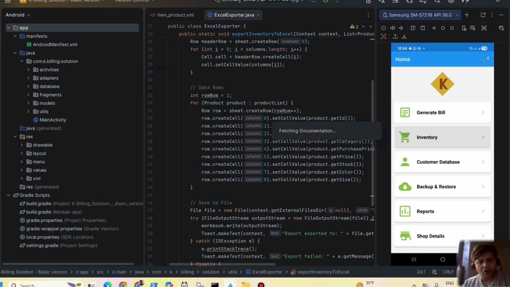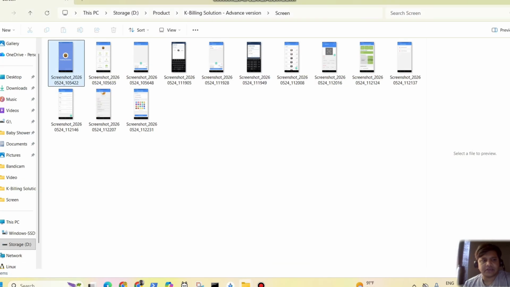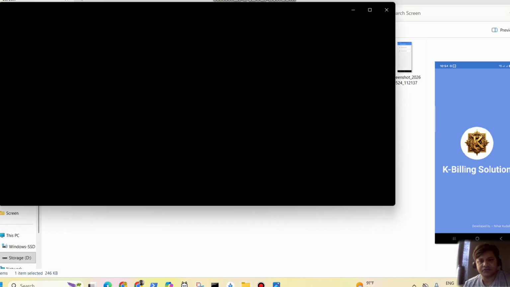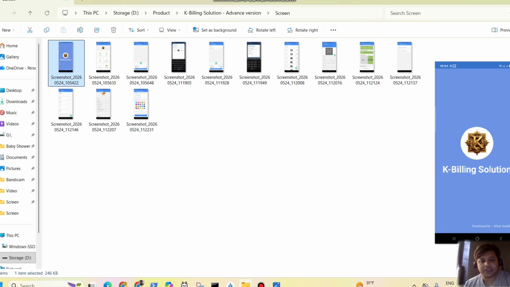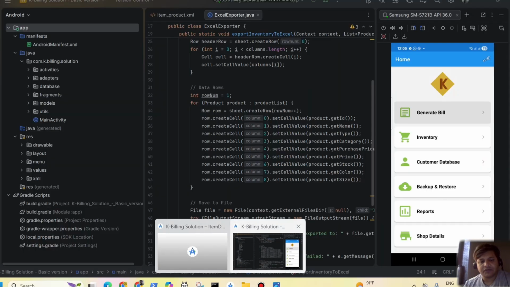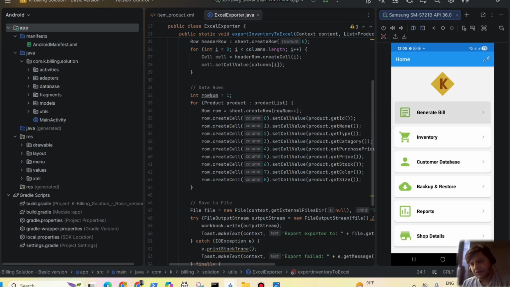So today we have a lot more things to work on. First, on this particular new application, we need to add one more screen at the start so that it will start the branding part. This is the one screen which we have in the old app, but we'll try to add a similar screen in this one with the basic version. So somewhere at the bottom, we'll say it's a basic version. So this is the first point I need to work on, and then the second one will be